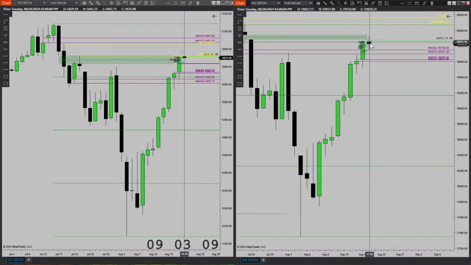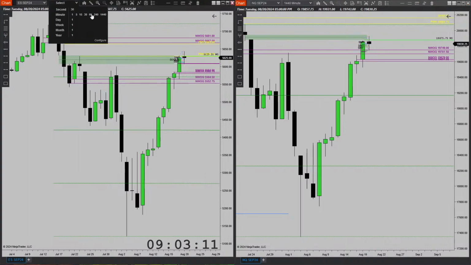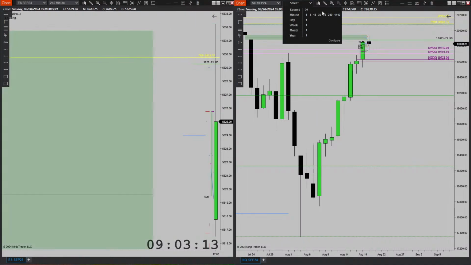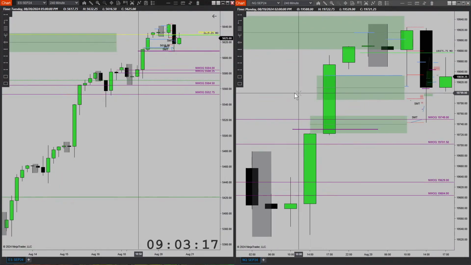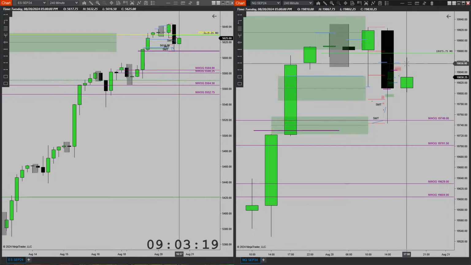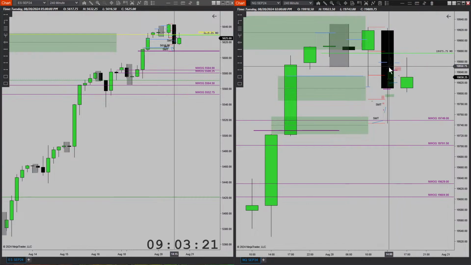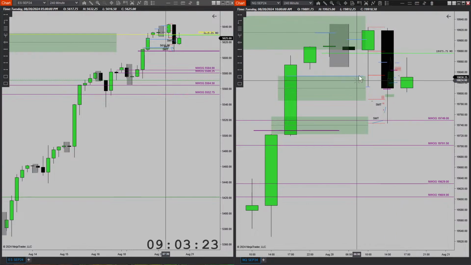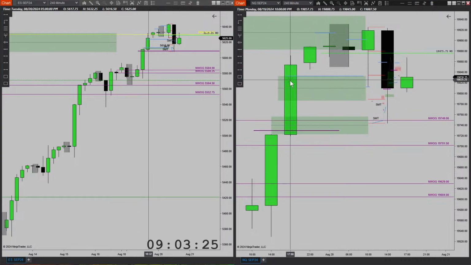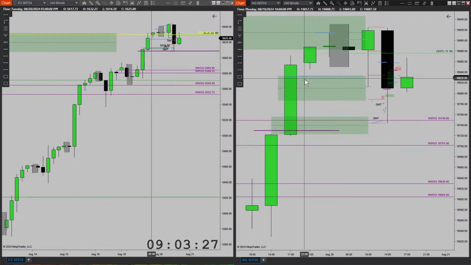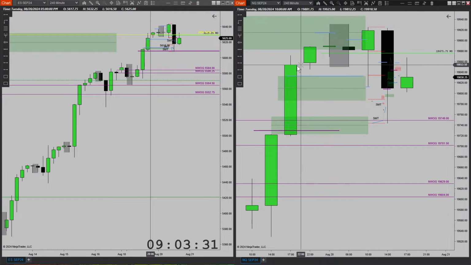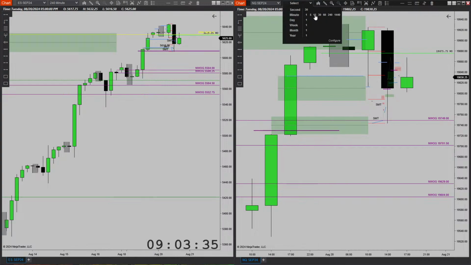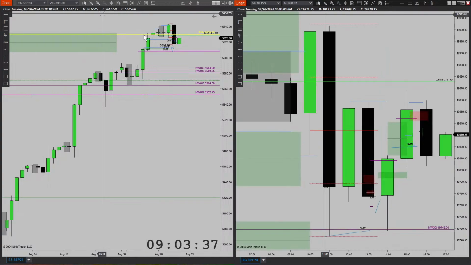So let's take a look here at the 60-minute real quick. Actually, at the 2 hour, the 4 hour. So again, after 4 hour, I looked for price to draw higher, and it did, because it did trade into this gap here in the 4 hour. And the 4 hour didn't tell me anything at this point. So what I did is I actually looked at the 60-minute to see where price was likely drawing to.